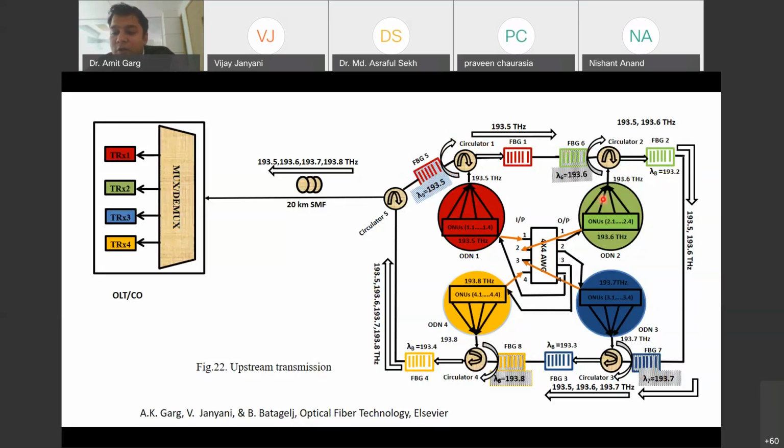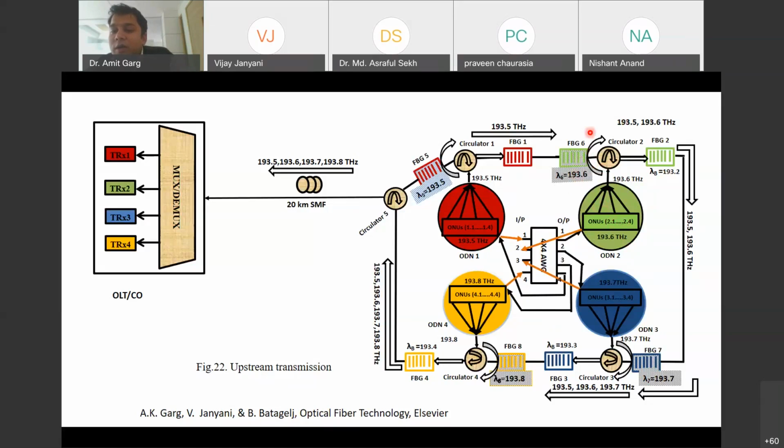And the other ODN is transmitting its data at 193.6. Okay, so this wavelength again will come towards this FBG6, and at this FBG6, this wavelength will be reflected as it is having the Bragg wavelength